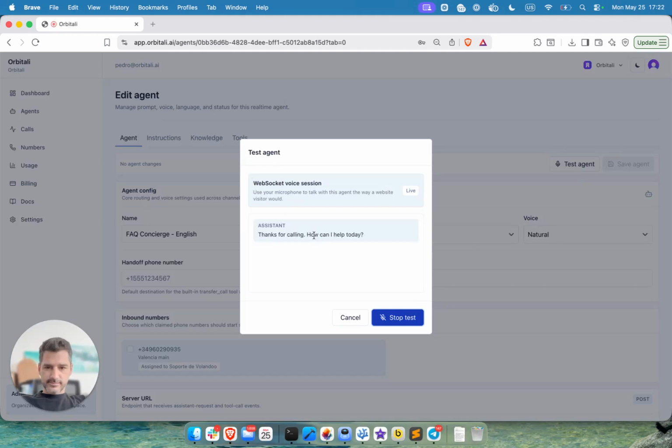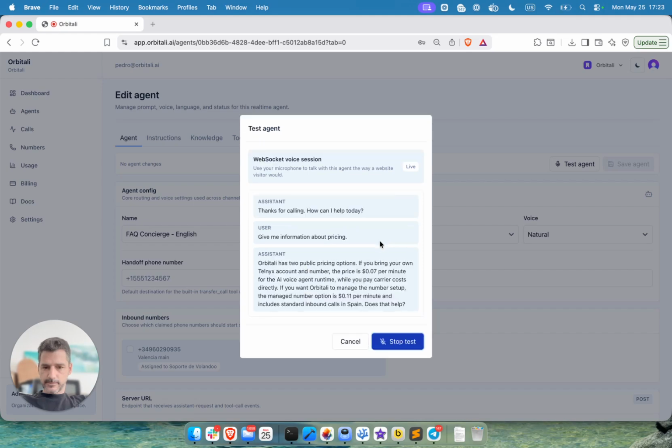Thanks for calling. How can I help today? Hi, yes, can you give me information about pricing? Orbitali has 2 public pricing options. If you bring your own Telnix account and number, the price is 0.07 cents per minute for the AI voice agent runtime, while you pay carrier costs directly. If you want Orbitali to manage the number setup, the